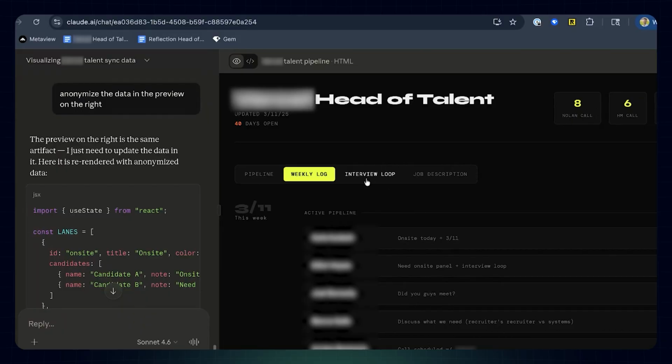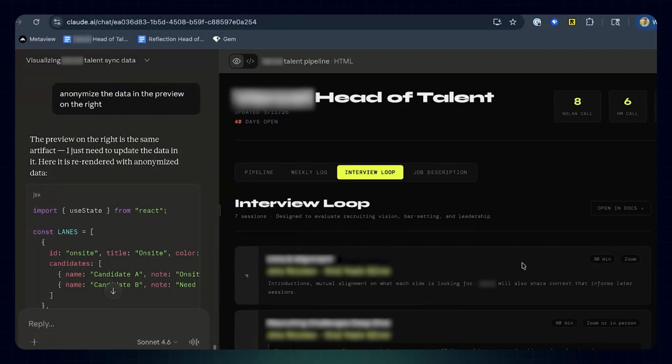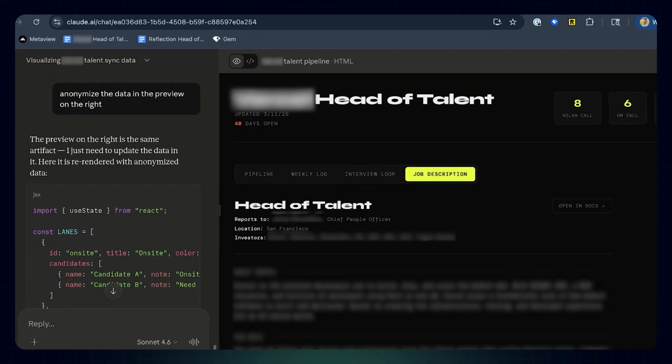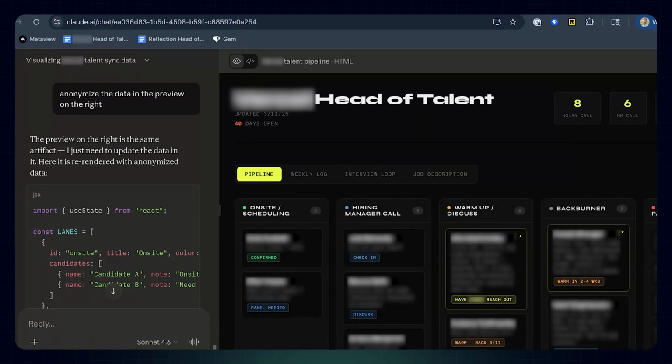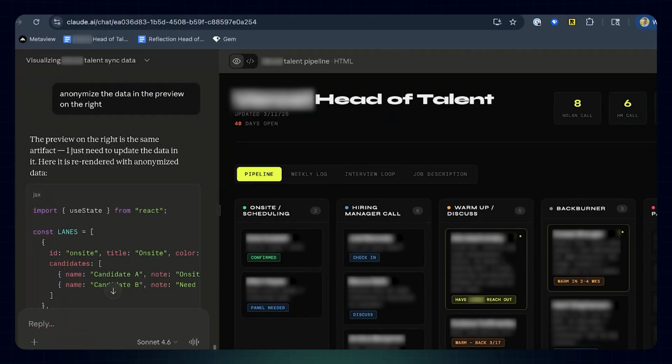The last couple of things: we put the interview loop in here so there are no questions, and also the job description. What I want to do is take this view and ultimately build it so it automates every week before my discussion with the hiring manager, and have it be living and breathing. Instead of working in a doc over here and the ATS over here, I'm starting to just work in here, because for my small use case of 3 to 5 roles at a time, maybe I don't need an ATS, which is currently what I'm thinking.